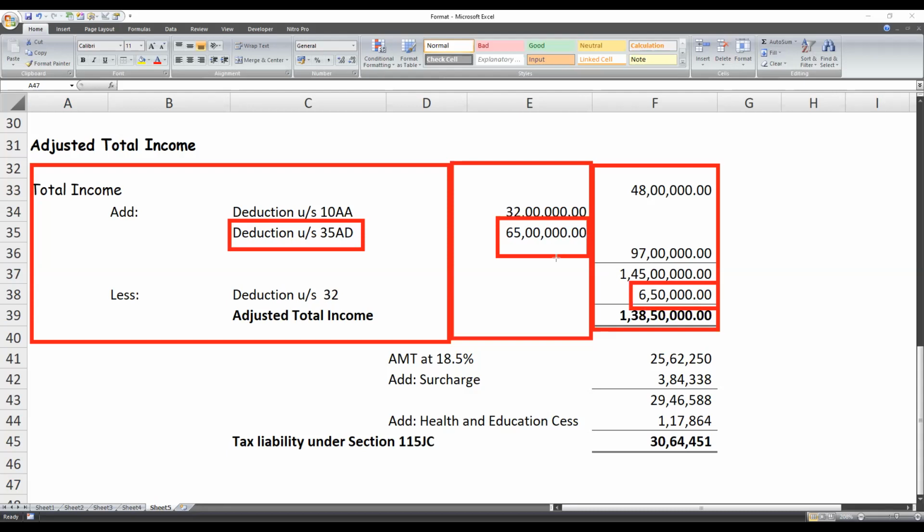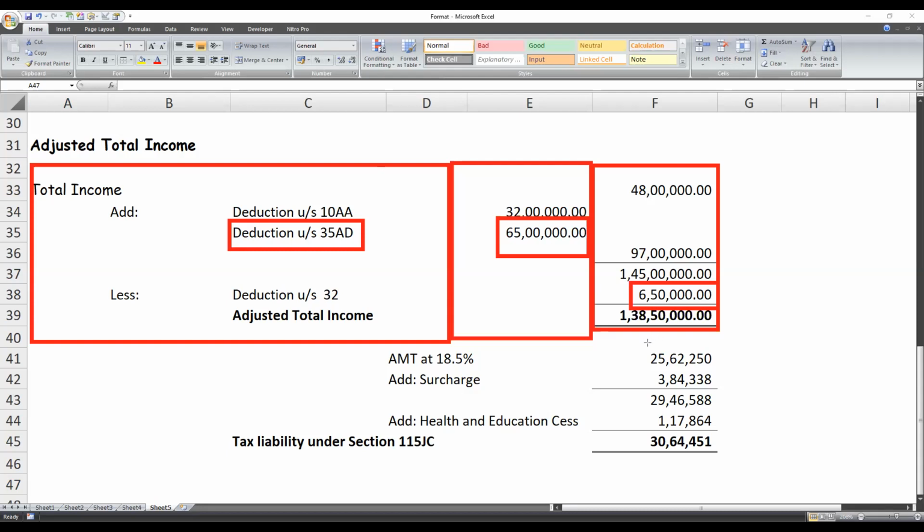Remember this point for adjusted total income: add back 35 AD, the total capital expenditure incurred by the assessee, and you have the concession of deducting depreciation under section 32 for this. So here, since it's a building, 10% on the total amount of expenditure has been claimed as a deduction now. So it's 6,50,000. So now we know who is applicable, on whose income AMT is applicable, and what is adjusted total income. So what is the rate of